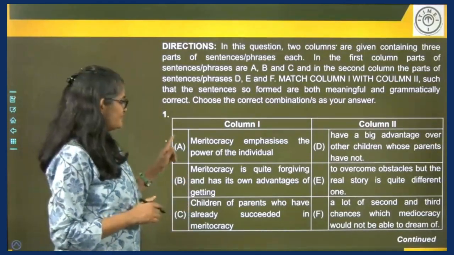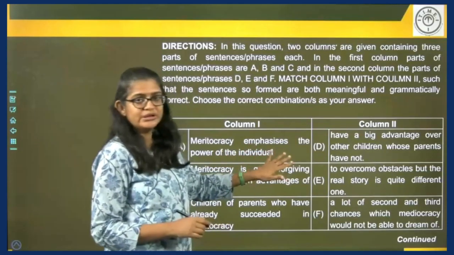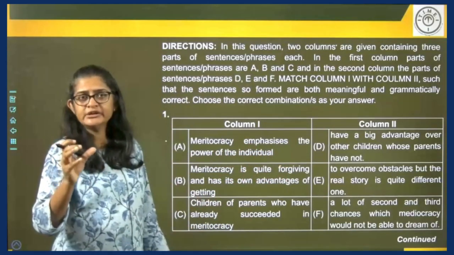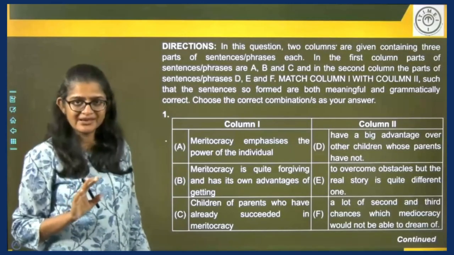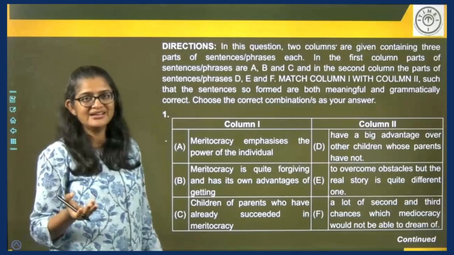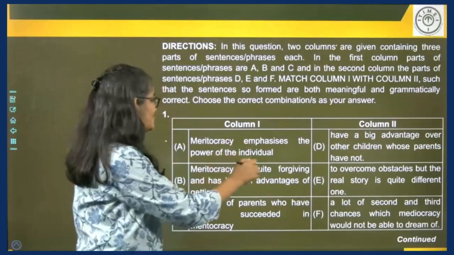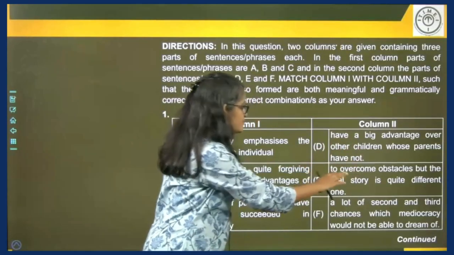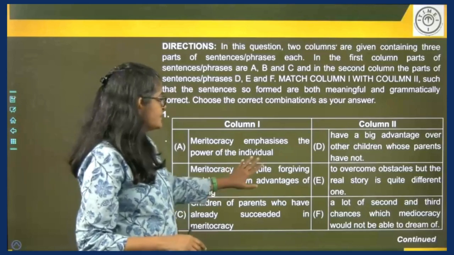So, meritocracy emphasizes the power of the individual. Power of someone, what will that be followed by? Power of someone to do something. That is the natural pattern, right? So, in column 2, do we have anything with to